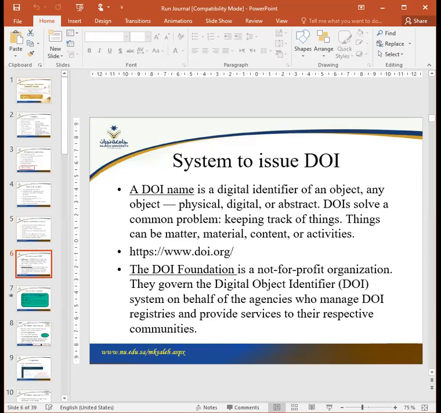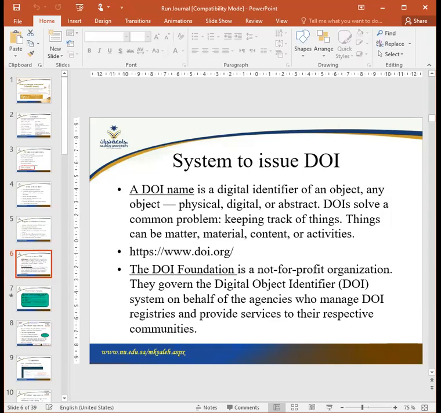Maybe you ask yourself, what is the system to issue DOI? First, the DOI, as I said, stands for a digital identifier of an object. Any object, physical, digital, or abstract. DOIs solve a common problem, keeping track of things. Things can be matter, material, content, or activity. Any editor can get this service from the link appearing in this slide,